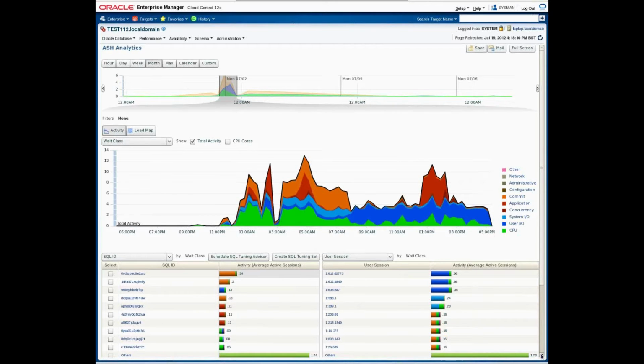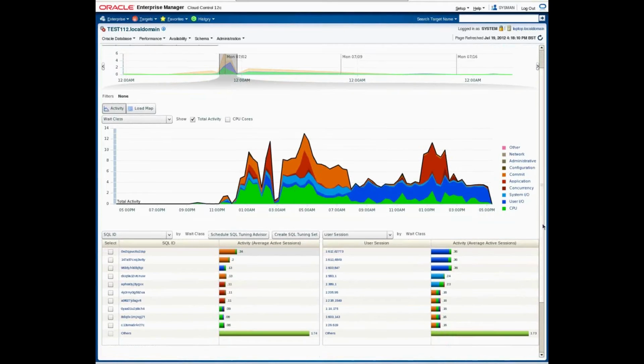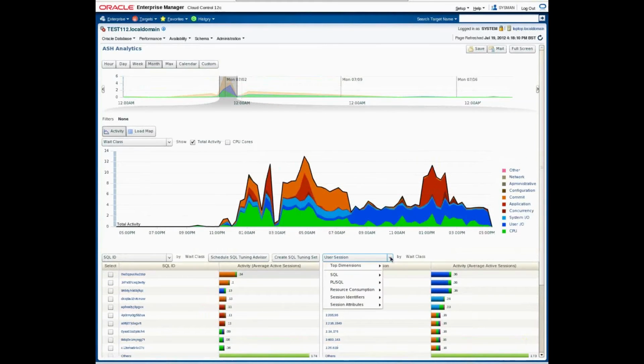However, we can actually drill down into more dimensions in ASH Analytics as well. Whereas over here in the past, you could select from things like module, session ID, object, file, that kind of thing. Now when you select how you want to drill down into the drill down area, you have a lot more flexibility. And a lot of it's been very well designed to give you the most sensible options easily available to you. So if I click on this drop down and go to top dimensions, I can see that Oracle have given me a selection of the dimensions I'm perhaps most likely to want to look at. Things like wait class, which is what